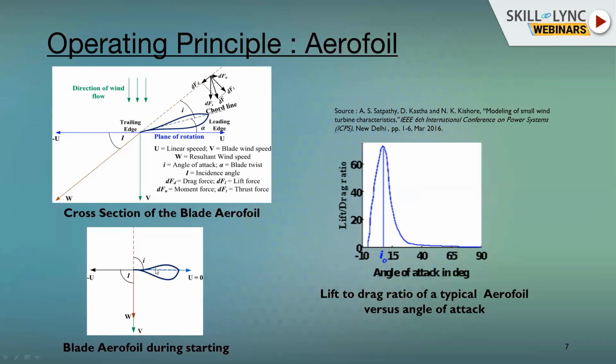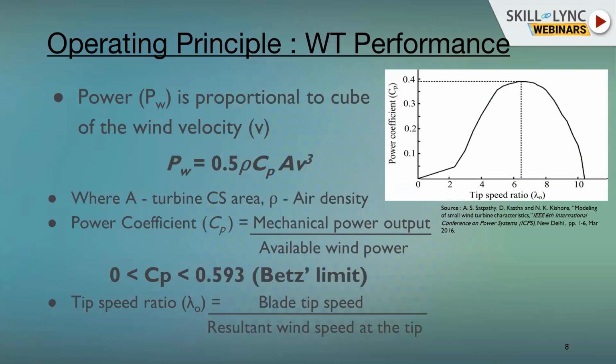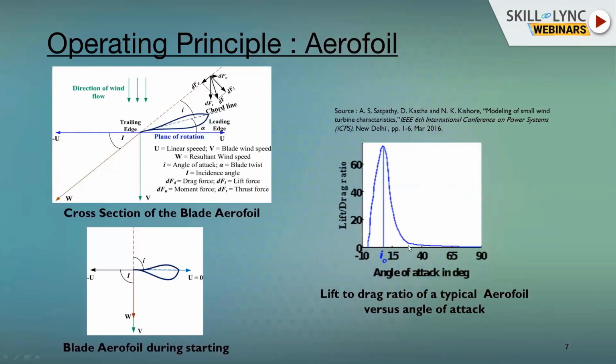If we make this pitch angle very high at the starting, so we'll have some I less than 90 degrees, close to 30 or 40 degrees. So we'll have a small I close to 40 degrees, for which we'll have some lift, for which there will be a positive torque, and even at zero speed it will have some positive torque, and slowly, gradually, it will build up. And once the speed builds up, we will change this alpha value gradually to 0 degrees, so as to maintain this I value close to I0.